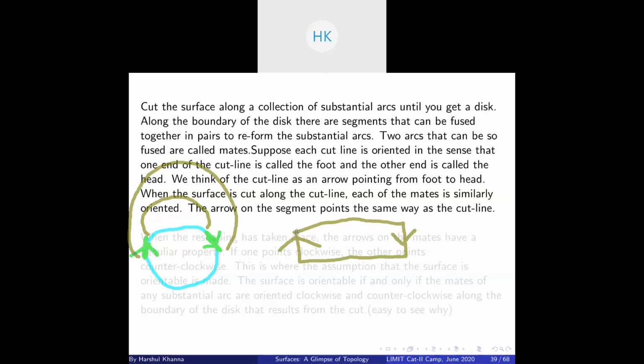And if I have to paste this strip back, and if you observe, this is a Mobius strip. You remember gluing the opposite sides of a surface, we discussed that this becomes a Mobius strip. But since we were considering orientable surfaces from the start, we can't paste a Mobius strip back, right? A Mobius strip can't be a subsurface of an orientable surface. So these both have to point in opposite directions. If these both arrows are in opposite orientation, that is clockwise and anti-clockwise, then these both will point in the same direction, and then there is no problem in pasting them back. Now do you understand?